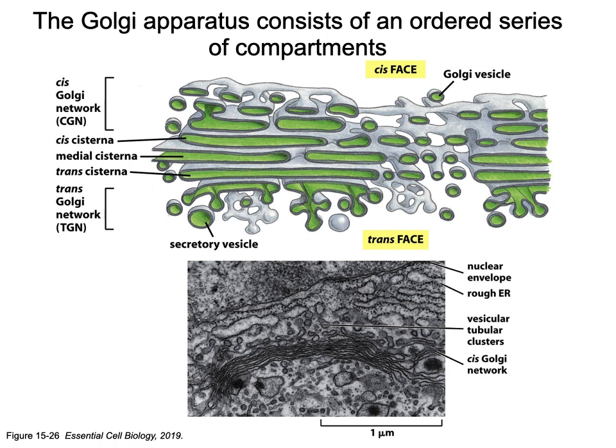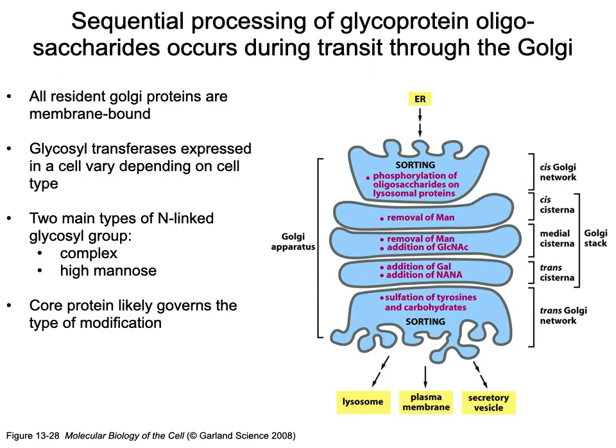Okay. So as proteins move through from the cis side to the medial to the trans, there are changes that happen to those oligosaccharides, the glycosylation that has happened to it. So there are additional modifications that happen, and I'm not expecting you to memorize what modifications are present on the cis Golgi versus the trans Golgi. Just be aware that there are differences